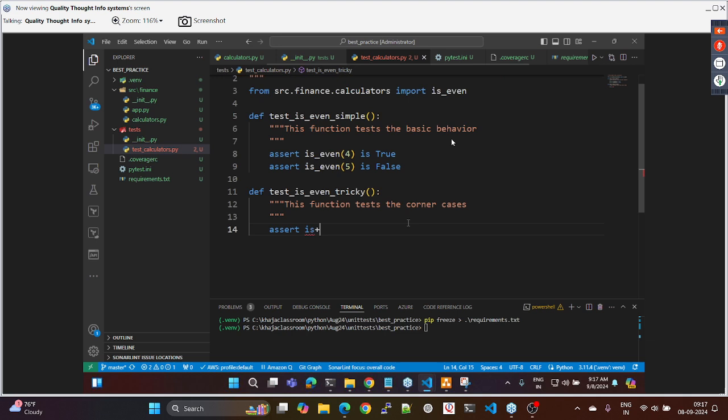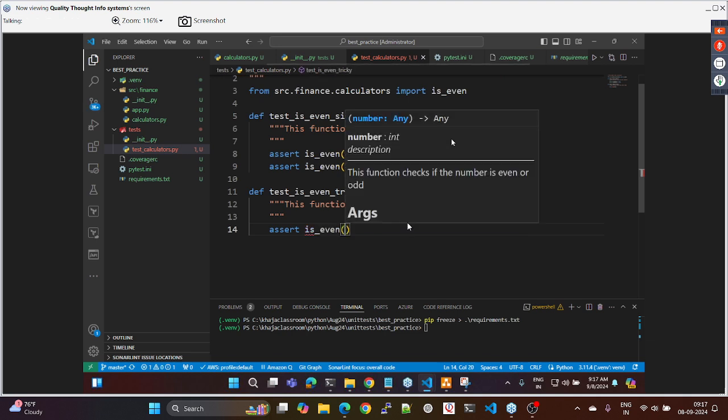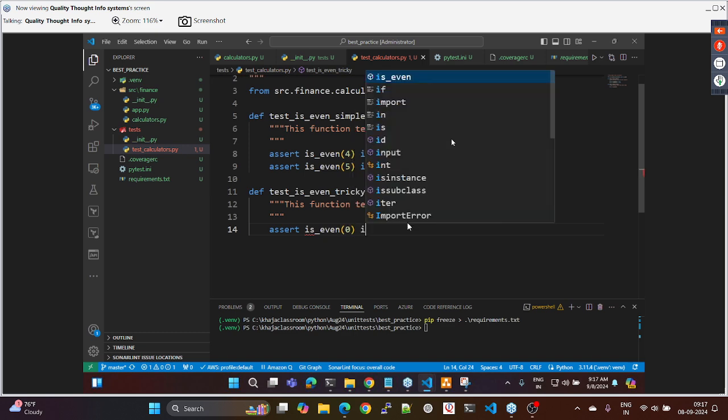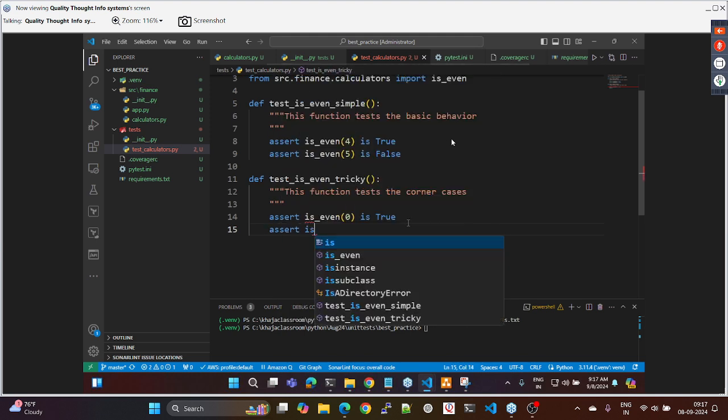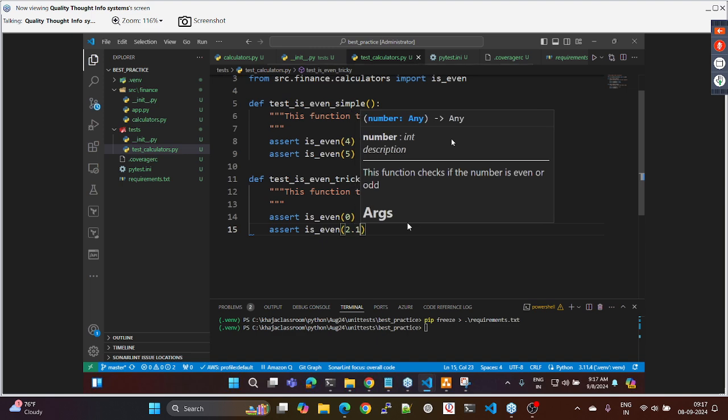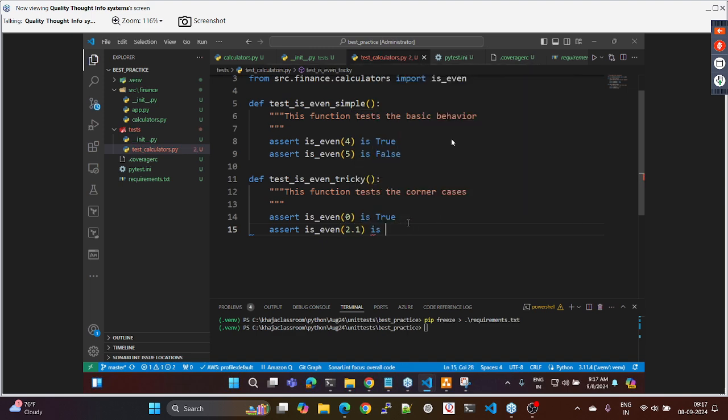Assert is_even of 0 is true. Assert is_even of 2.1 is false. Okay,